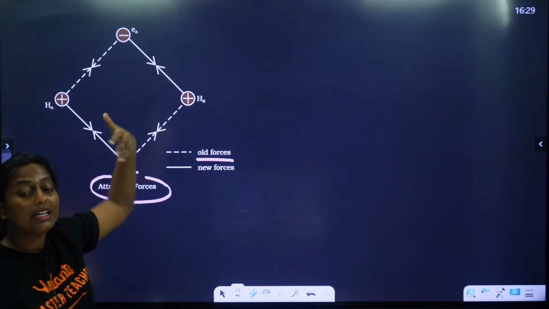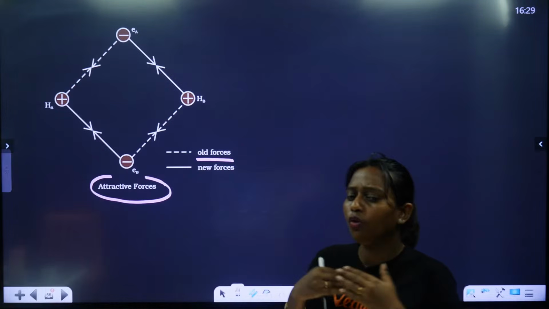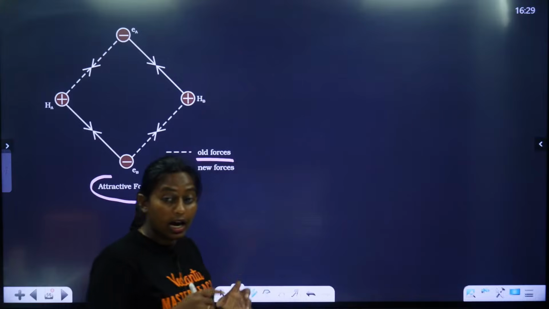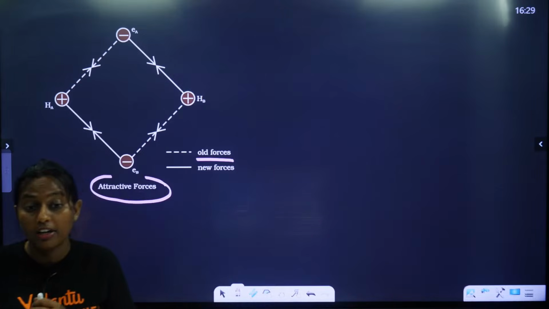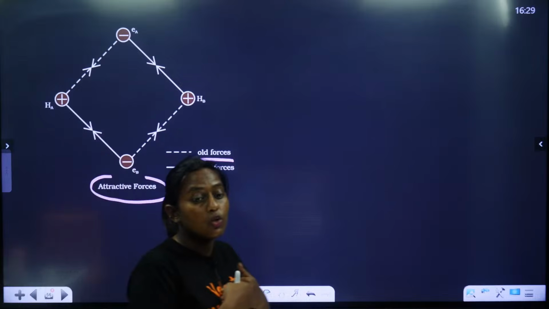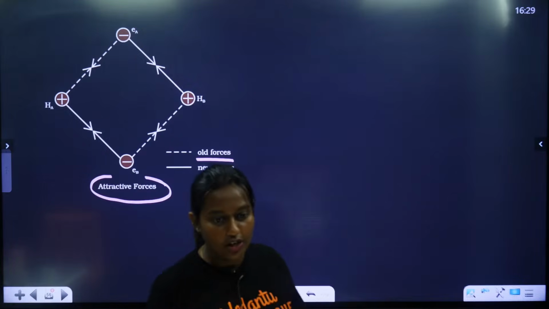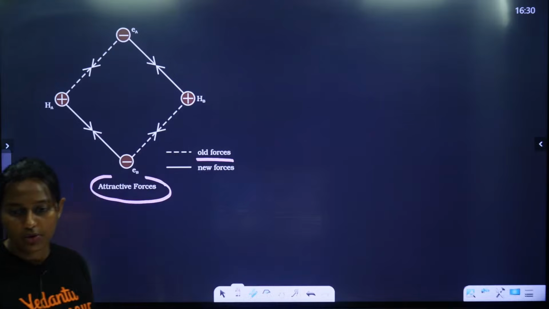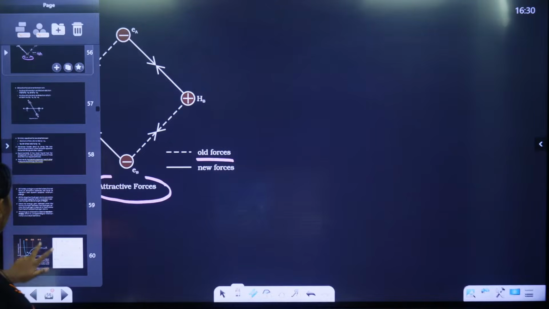Obviously the electron has a negative charge and the nucleus has a positive charge, so obviously attraction will be there. And when the electrons are approaching each other, you can see a repulsive force. So, I hope it's clear. Then next,